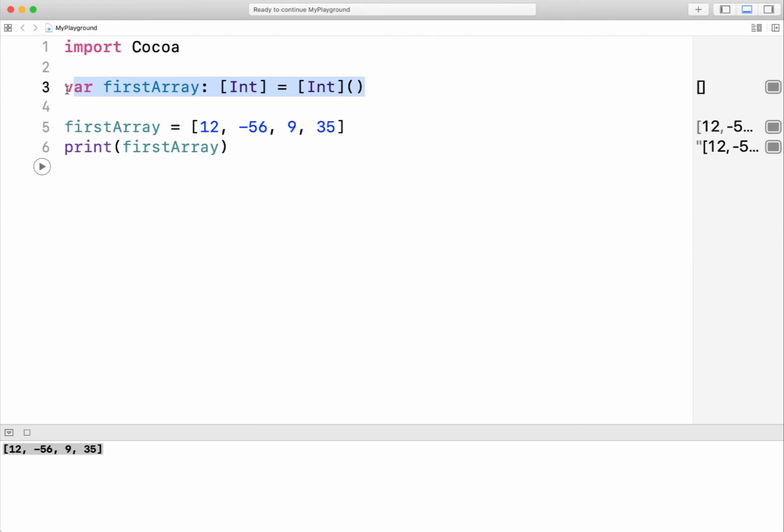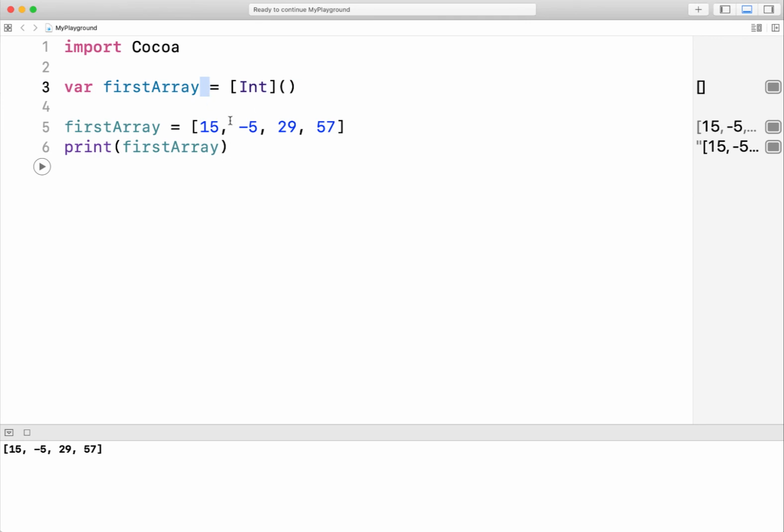Now this is a clumsy way to define an array. So another way to define an array is simply to eliminate the data type like this, because you already define it here. And now let's modify this. And if we run this code again, you'll see that we've created an array of integers by simply eliminating the